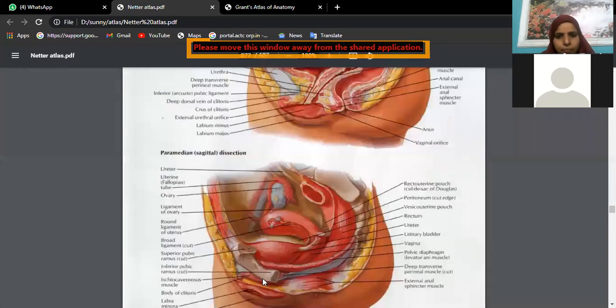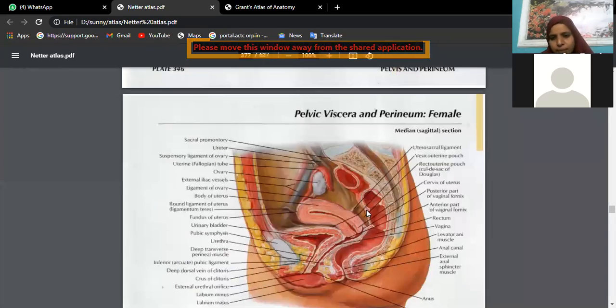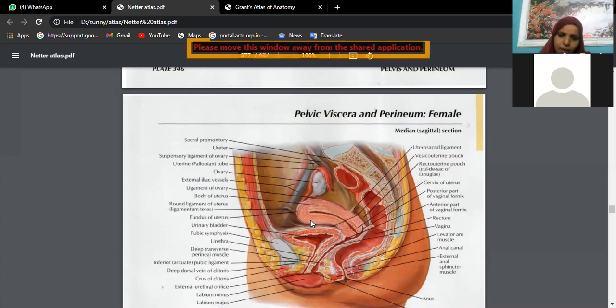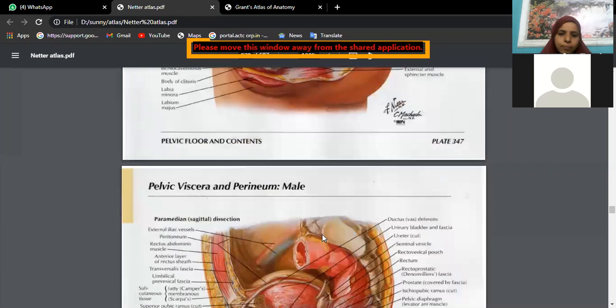See it better. The position of the rectum is, this is the female sagittal section of the pelvis. You will see the pubic symphysis, behind which you will have the urinary bladder. Then this is the uterus and then the rectum, which continues as the anal canal. Folds of peritoneum: vesico-uterine pouch anteriorly, recto-uterine pouch, also called the pouch of Douglas, posteriorly.